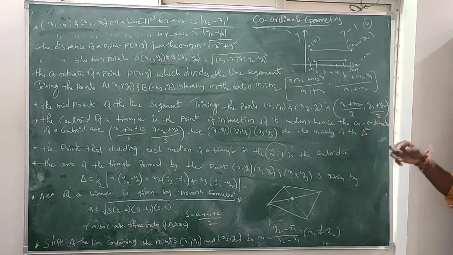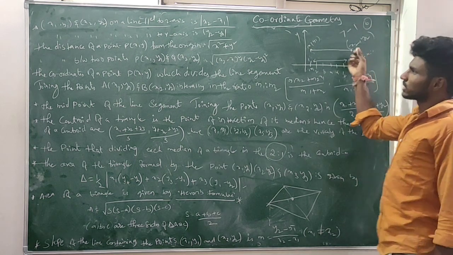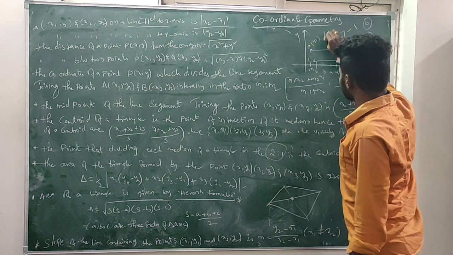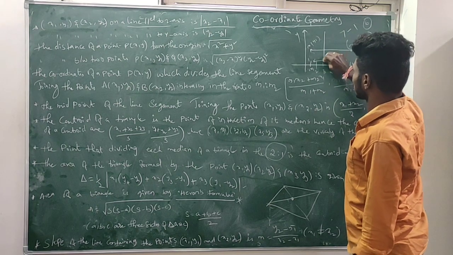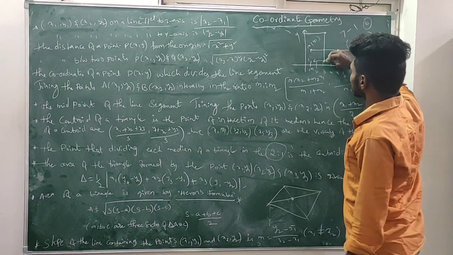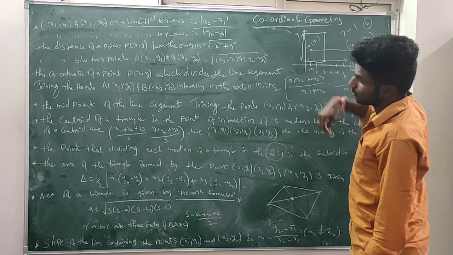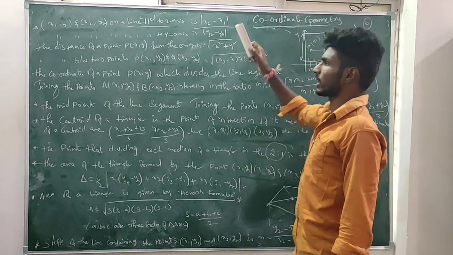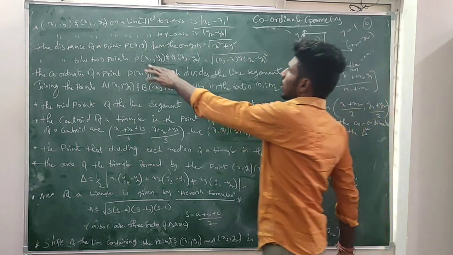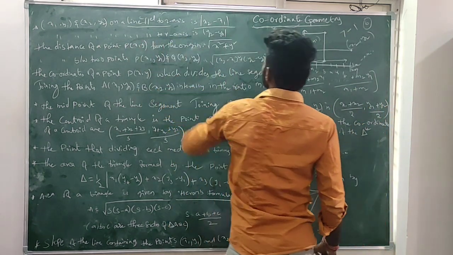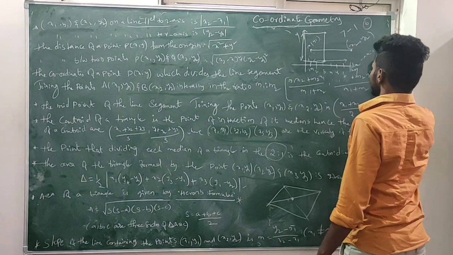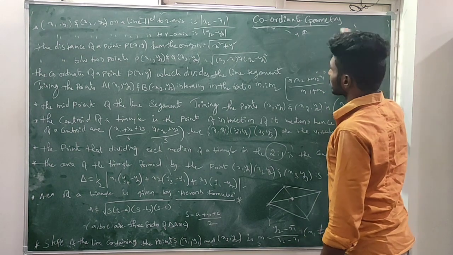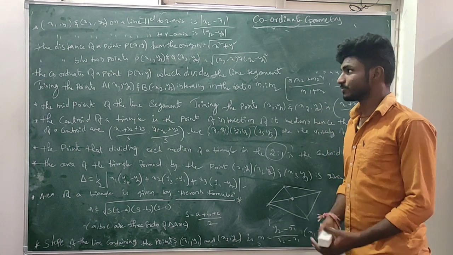This much you understood, I think. Now in a similar way, if the line is parallel to the y-axis, then the distance will be y2 minus y1. So that is your second point: for x1 y1 and x2 y2 on a line parallel to the y-axis, the formula you should use to find the distance is y2 minus y1.